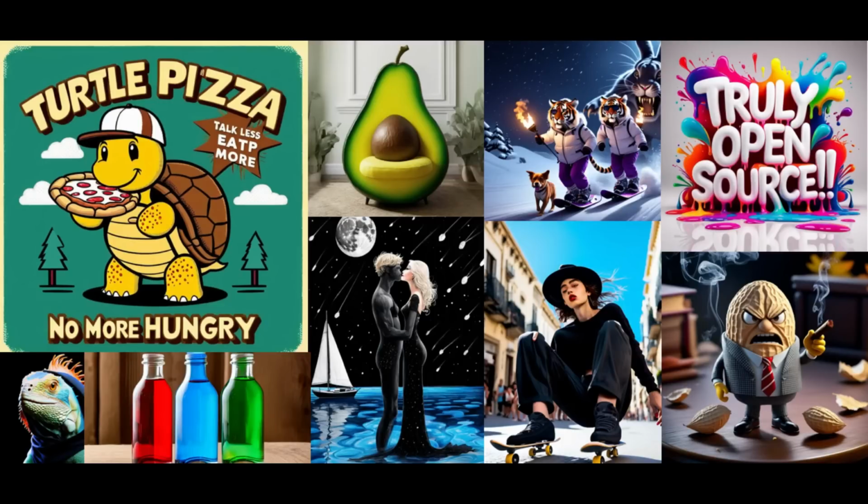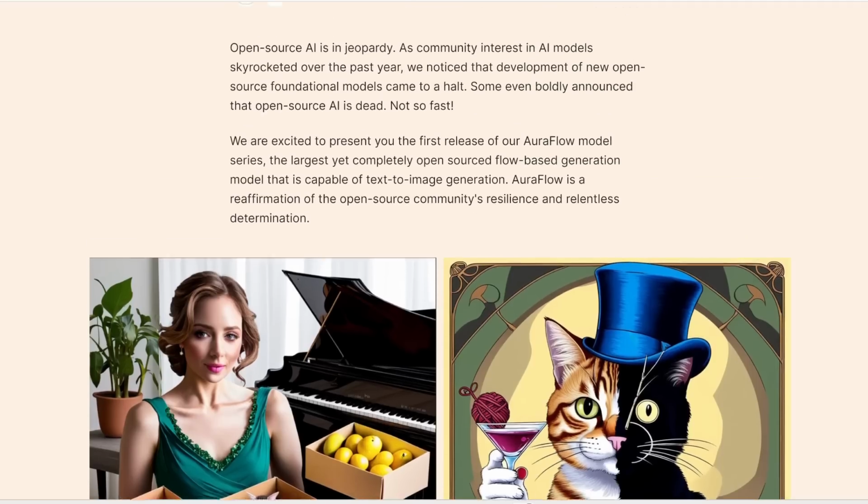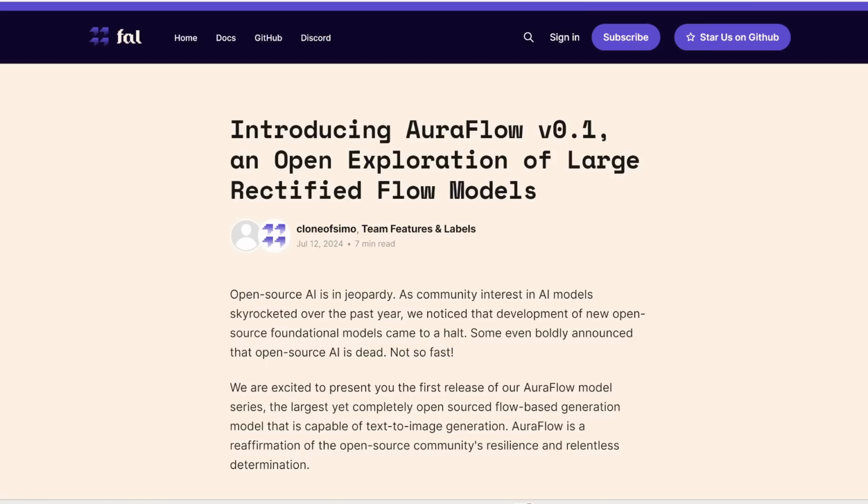Around a week ago, this new image generation model was released. It's called AuraFlow, and this is only version 0.1. But from my initial tests, this is already extremely good, at least for certain things. This might very well have the potential to eventually replace Stable Diffusion and become the best open source image generator